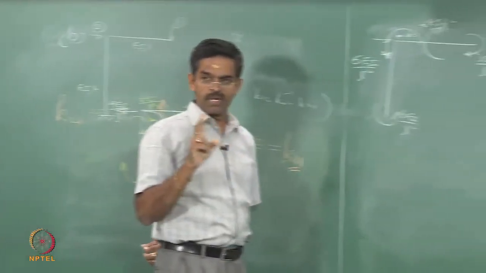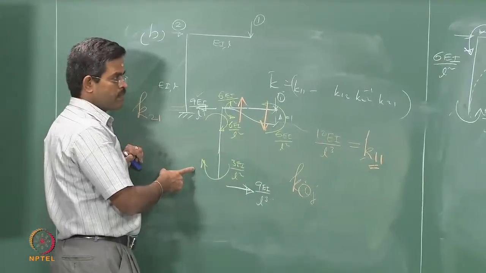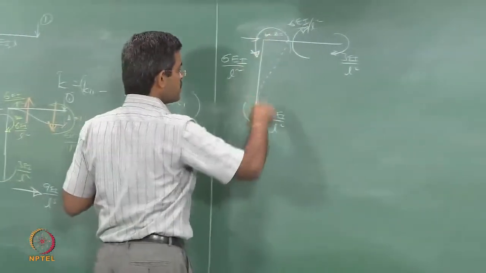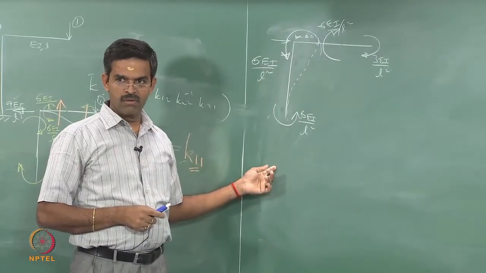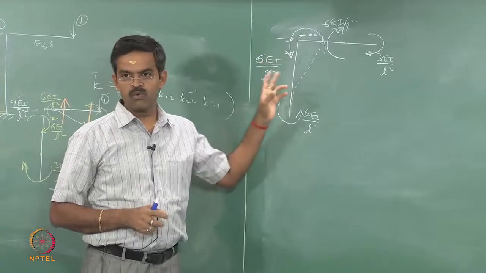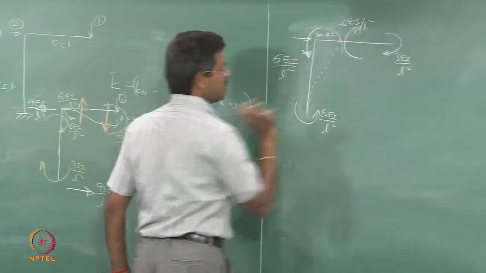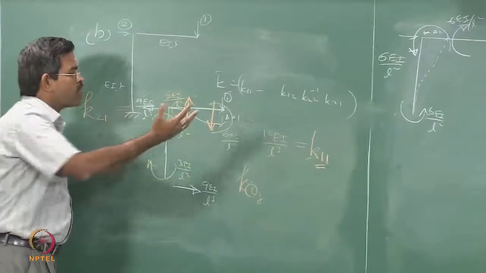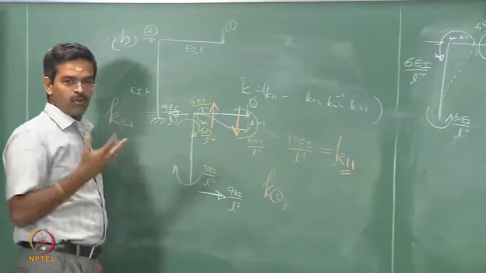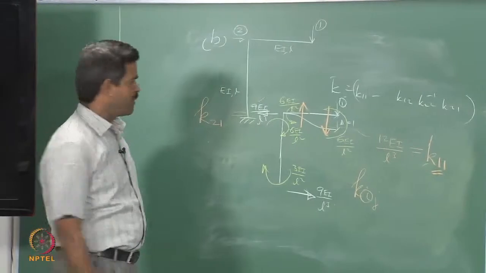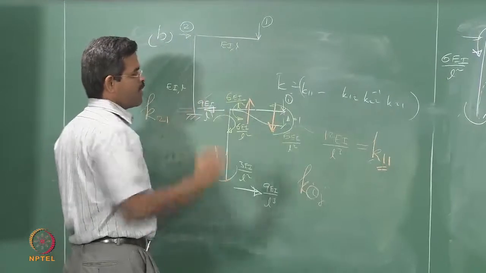The second doubt people will get is, sir, when we transferred, 6 has become 3 here, but when we transferred, 6 has become 6 here. Why? If the displacement is transferred, it is full. These are two doubts people generally get, and the major doubt is how to mark these arrow directions. That doubt has got to be explained many times. A very silly doubt is how you will mark the arrow directions of the couple; you must understand that physically. If it is clockwise, anti-clockwise moment, clockwise couple and so on, you must remember strongly how the rotations take place.